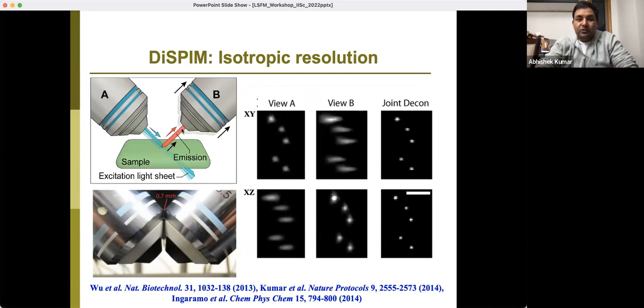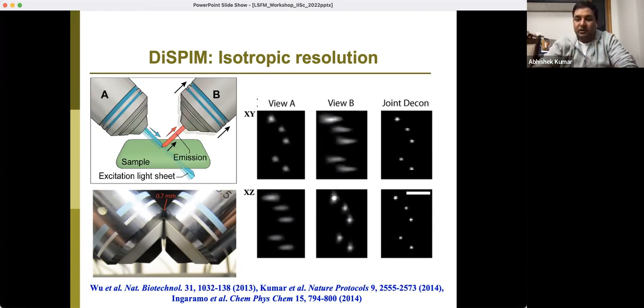But if you illuminate using B and collect using A, which we are calling view B, what is XY for A becomes axial, which is more elongated for B, and what is axial for A becomes XY for B. And once you fuse these images, and of course you have to do some sort of registration and deconvolution, so there are some challenges. I mean, it's again not straightforward, but if you do this fusion smartly, basically you can retrieve